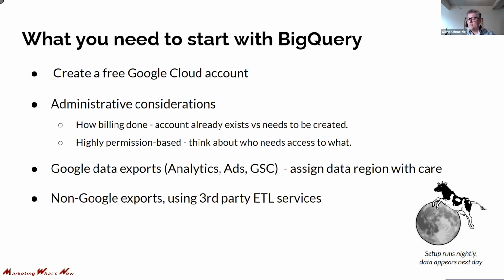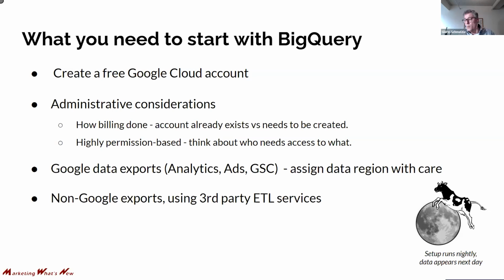Some of those that you've probably heard of are Fivetran or Stitch Data, Funnel.io, Hevo Data, Supermetrics. There's a bunch of them. They are there to basically handle the application programming interfaces, the APIs, and they'll just make your data show up as it needs to as soon as they have been properly handshaken with the Google Cloud account. And then voila, your data shows up.